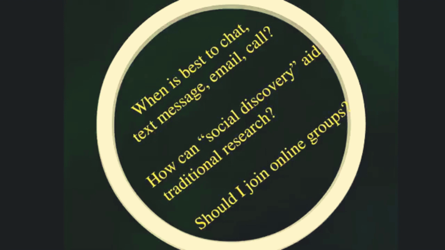What about social discovery? How do I find people that are interested in the topics that I'm interested in and then use the things that they've created and bookmarked and so on to aid my own research? And how do I go about finding meaningful online groups that share my common interests? And I am talking about things beyond simply Facebook pages, where there are lots of different smaller niche communities across the web doing different things.